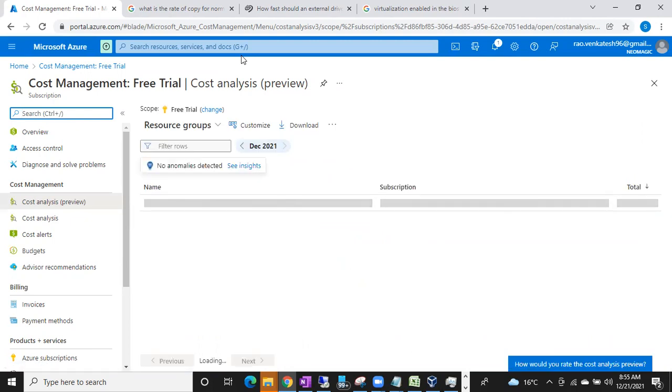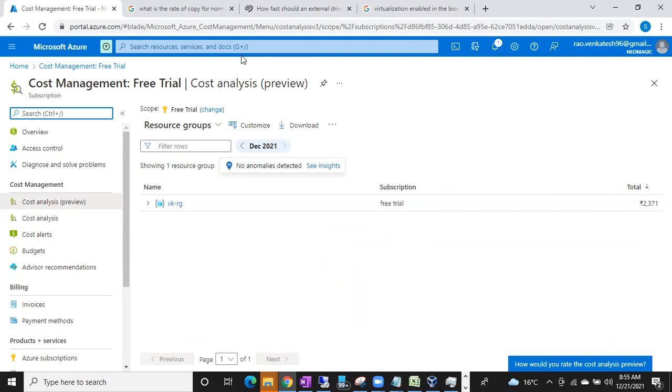It is not automatically upgraded. It will ask you whether you want to continue the services. If you don't want to continue, it won't charge you. If you want to continue, based on the usage, it is going to charge from your credit card. So they'll ask for the confirmation before that, but not for every single rupee. After 30 days, they'll ask whether you want to continue. If you want to continue, you can continue by paying. It will be deducted from your credit card, but it will ask you, do you want to continue the services or not? If you want to continue, then it will take the amount from the credit card.